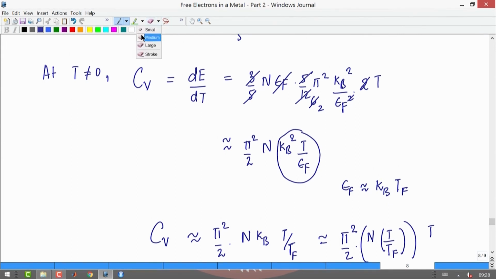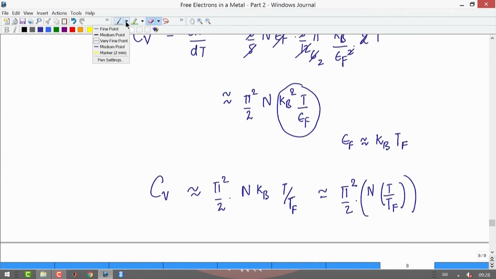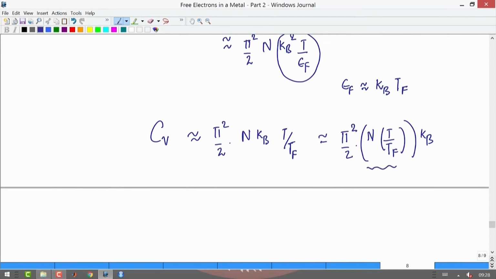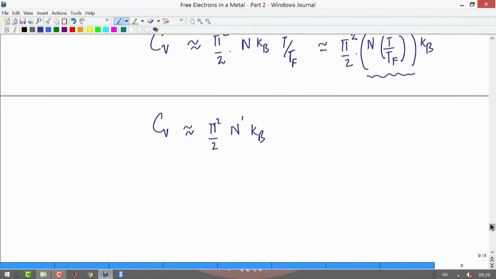Yeah, entire thing times kB. Okay. So, this factor here is an extensive factor. So, I can call my CV now as pi square by 2 into some n prime into kB, and I am going to call this n prime here as the number of electrons